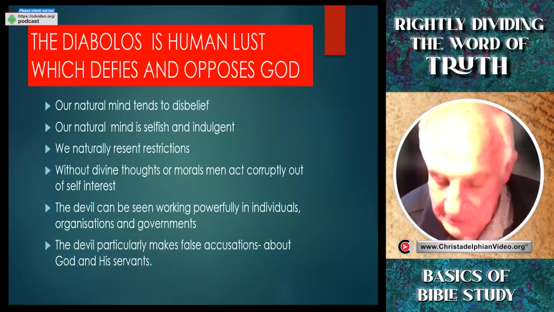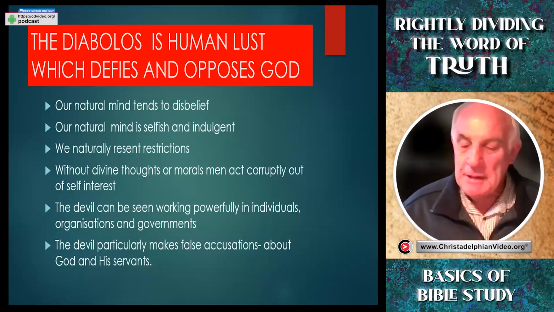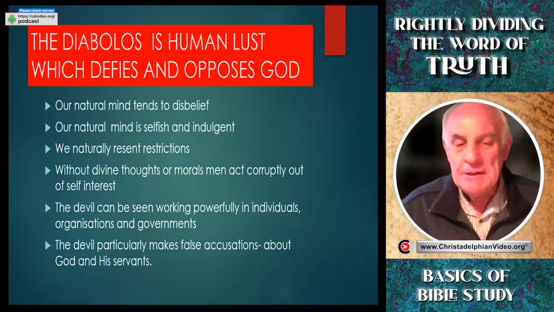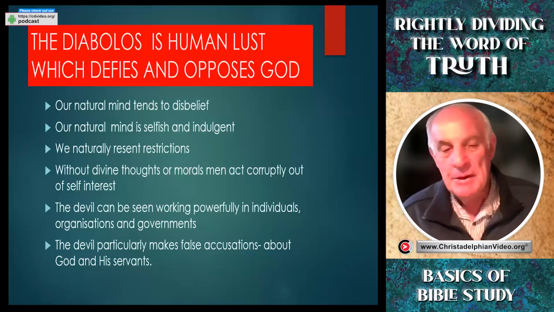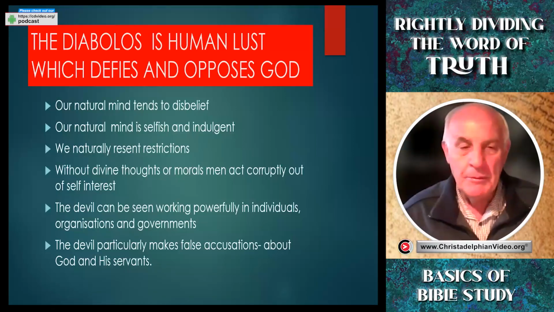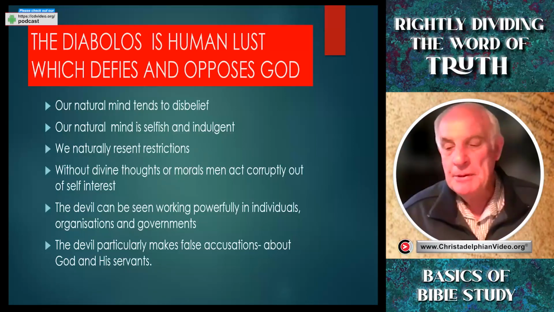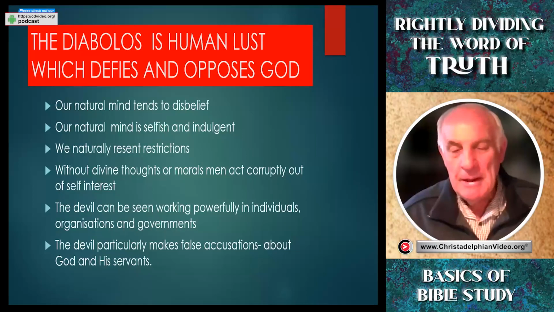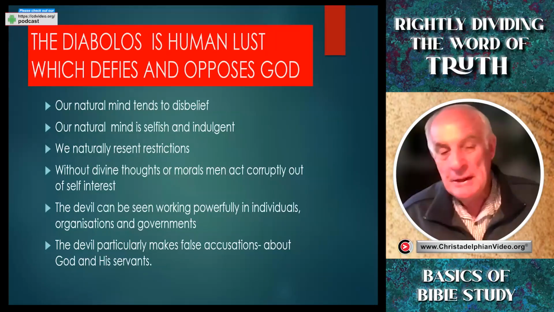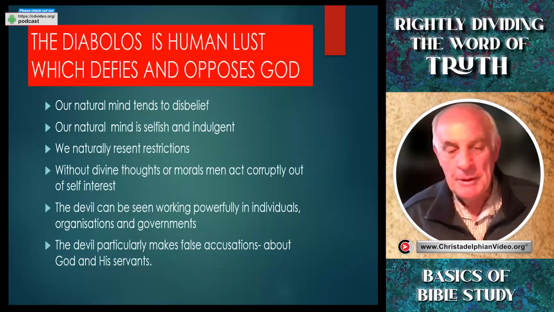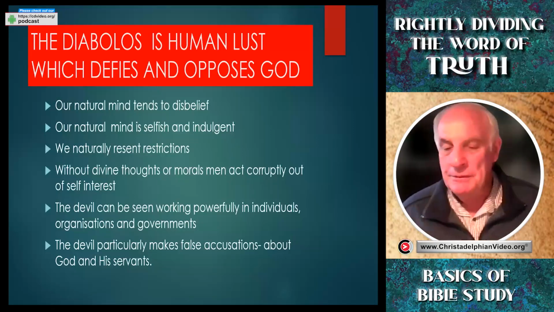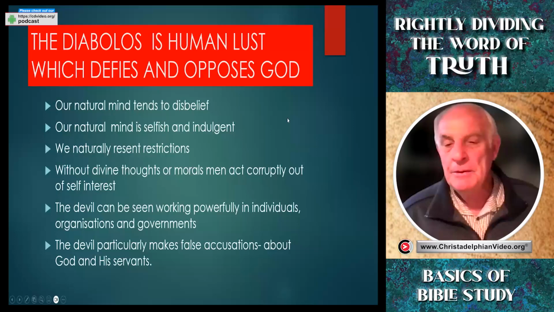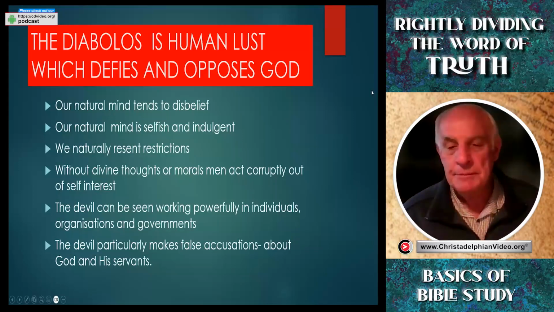One of these was the Emperor Nero. And Peter said about him that your adversary, the devil, as a roaring lion walks about, seeking whom he might devour, because Nero was a man that had no justice in him. He was a terrible individual when it came to his own personal morality. He was a violent man, and he ended up putting Paul to death, and probably Peter as well, the apostles, and many other people were put to death by Nero. And so Peter called him the devil, the diabolos, the false accuser. And that's what they do. They actually falsely accuse God's servants.